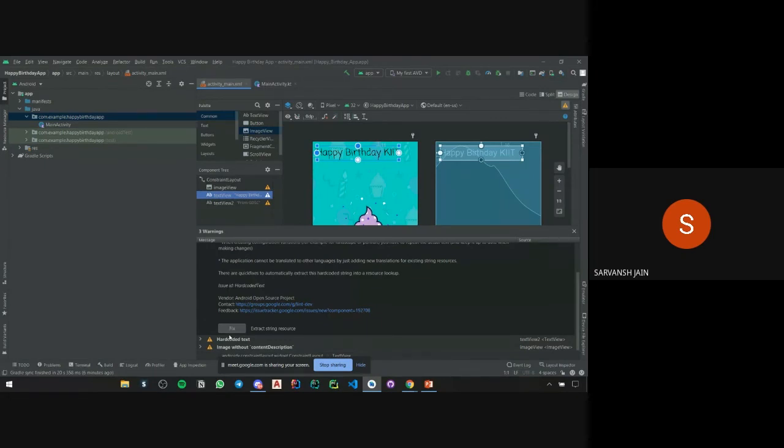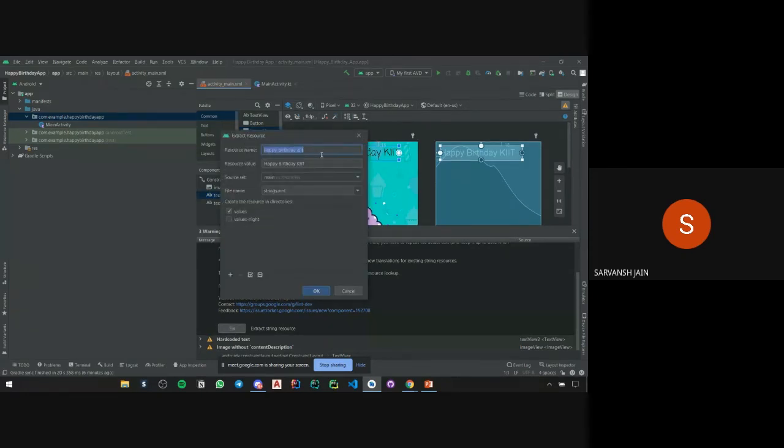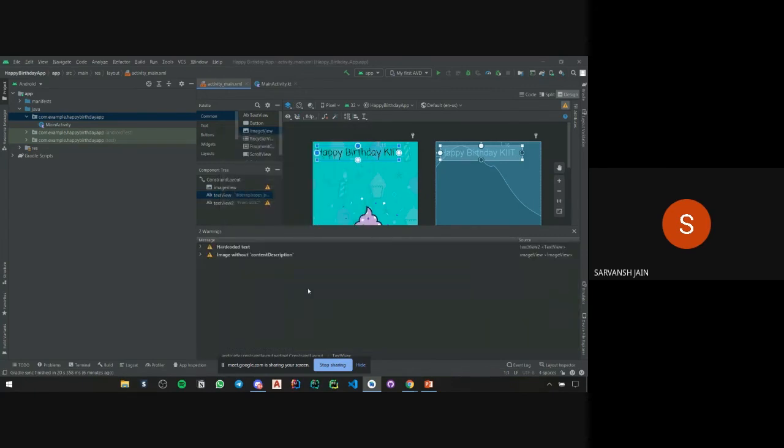So to reduce those iterations, we store it as a resource type. So we'll fix this, and I just type text in front of it to make it easily locatable. Then I click OK. So one of my warnings is gone.